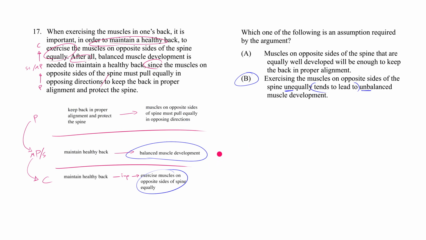But now I want you to contrast that with what A is actually doing. A says muscles on opposite sides of the spine that are equally well developed, that's this idea, right, will be enough to keep the back in proper alignment. That's half of this first idea. Right? They're saying this thing here, if you accomplish this goal, then that's sufficient, right? That's sufficient, this kind of arrow, to this thing. What? Why do I need this arrow? I mean, I don't, right? But you see how bizarre